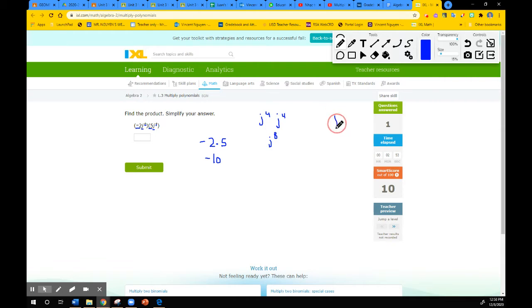Not the 16. J to the 16th power is when you have j to the 4th power and then raised to the 4th power again. Now you can do 4 times 4 is 16. But this is j to the 4th power times j to the 4th power, which is j to the 8th power. Okay, so some students are still confused about that. So this is called power of a power over here. And this is called the product of the powers. Okay, so we're going to write our answer like that. -10 j to the 8th power. Okay,